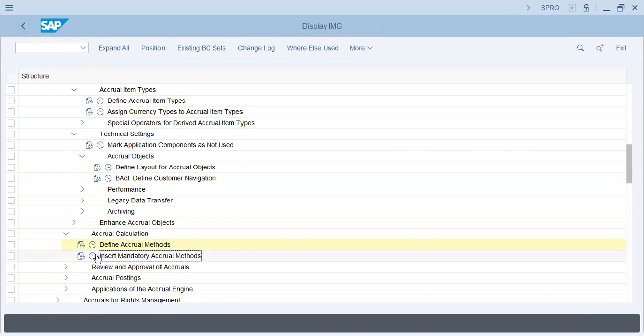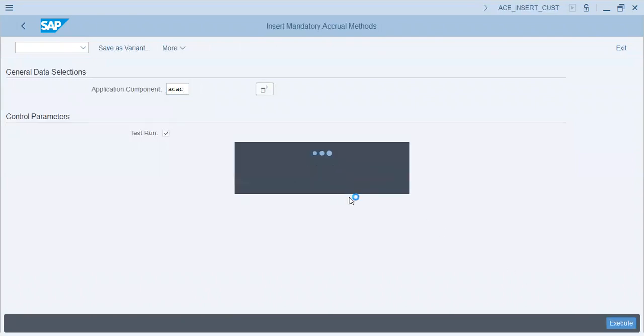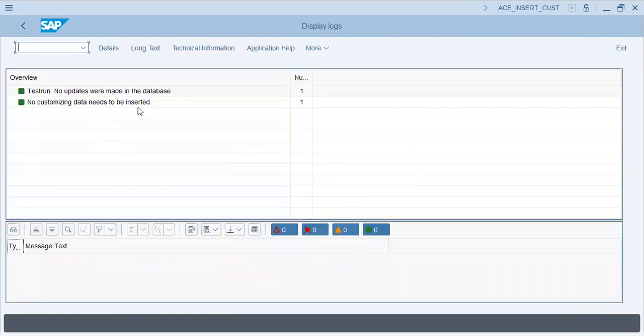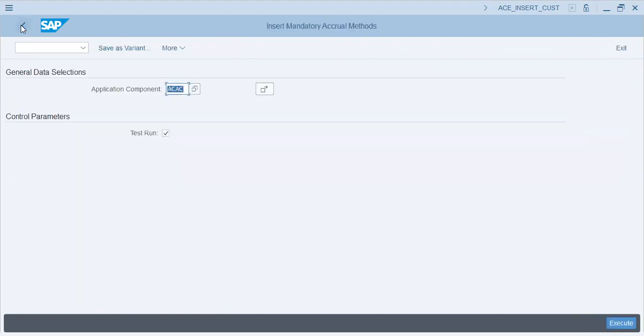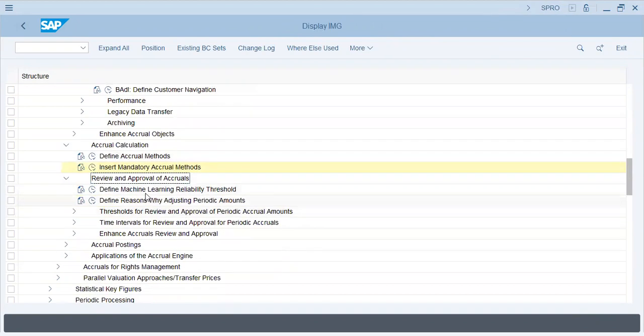Mandatory accrual methods, ACAC, execute. No dates. Okay, no worries. Approval of accruals. Let's do this in the next lecture because now it is getting a little complex, but